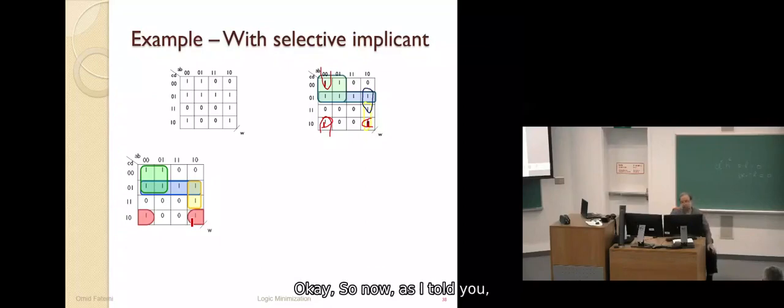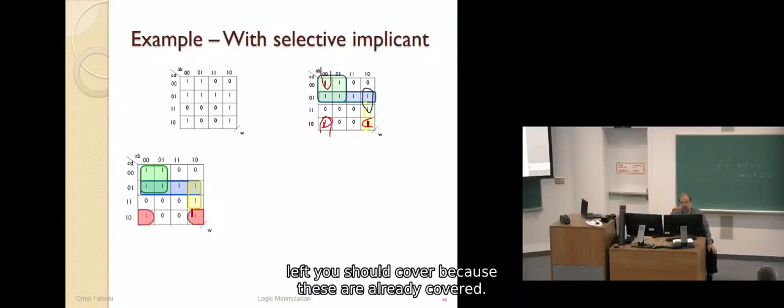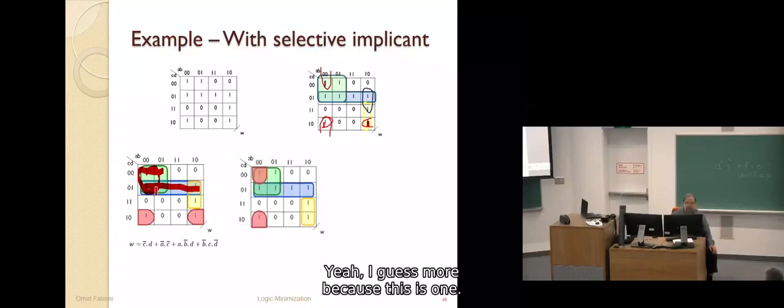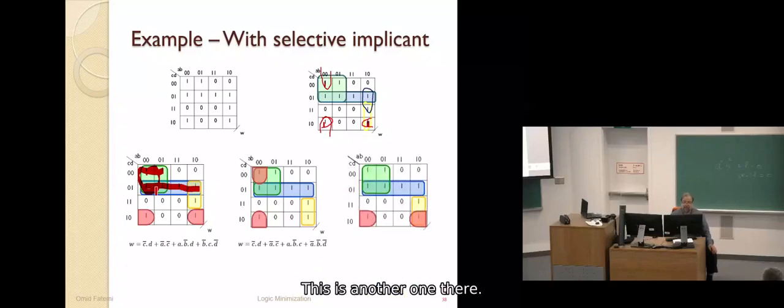Okay. So now, as I told you, there are three ones left. You should cover them because these are already covered. It was very simple. With these two implicants, we have already covered these ones, but three ones are left. We have to cover them. There are three different ways to cover them. More than three, I guess, because this is one, this is another one, this is another one. Another one could be, for example, using